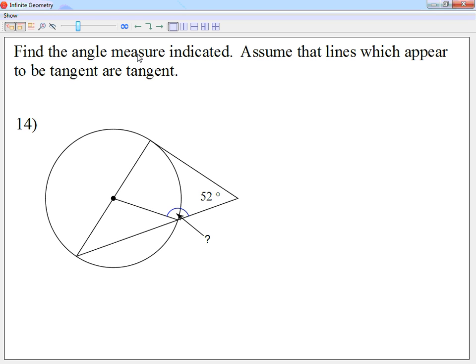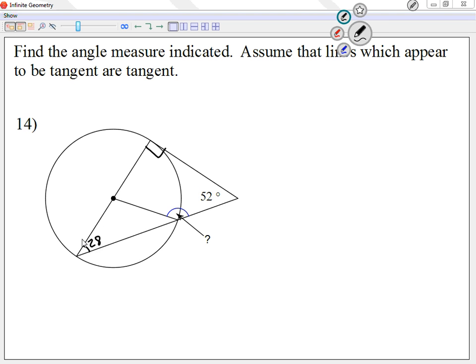14? All right, let's take a look at 14. I know that this corner up here is 90. Let me look at the big triangle. So I'm going to find out how big this angle here is. Say 38. Okay, so let's call it 28. The way we came out with the 28, because we know the 90 plus 52 is 142, right? Remember, when you have a triangle and you know two angles, add them, and then obviously subtract it from 180. So 148,